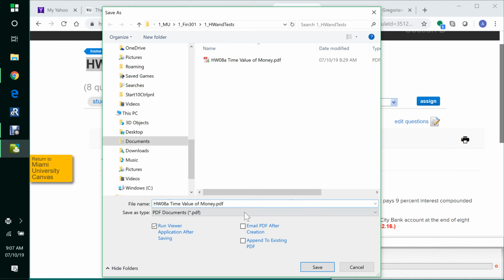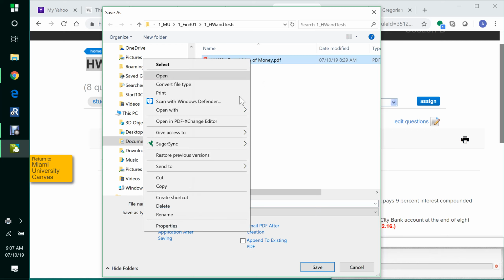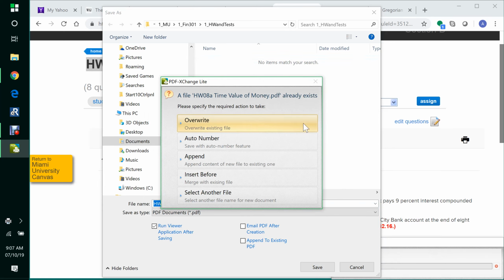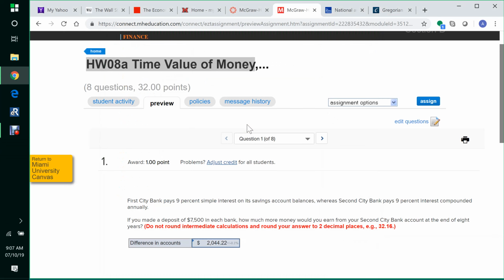Okay, so I just do that, and actually, first of all, let me just delete this. Just assume we're going in clean the first time. So I say save, and it says overwrite blah blah blah. All right, so whatever. I thought I deleted it, but I'm just going to overwrite it,